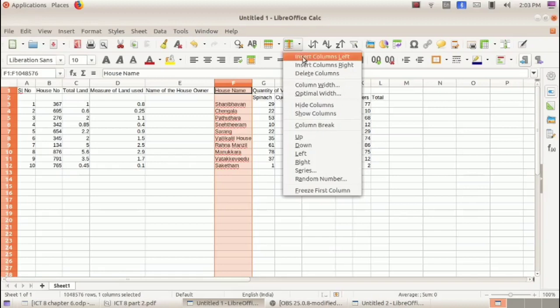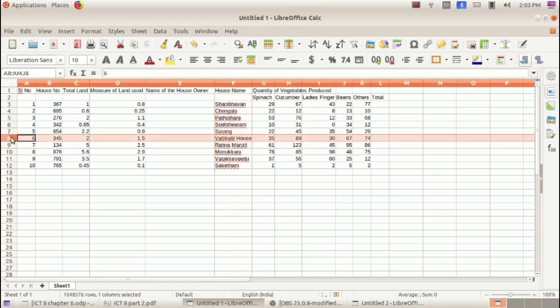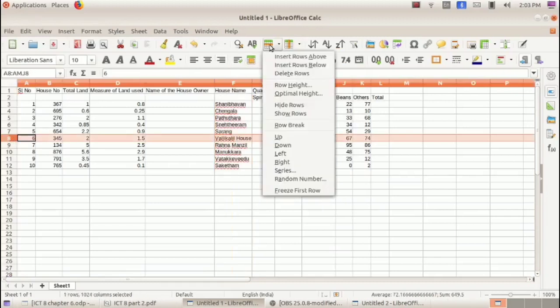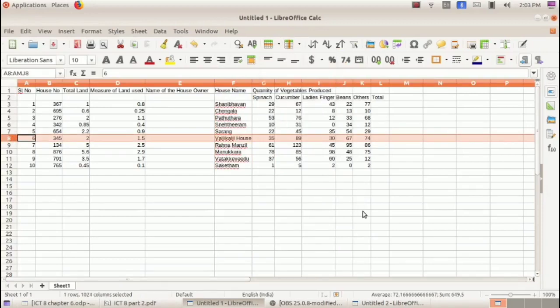Here we can see two options, insert columns to left or right of this selected column. Then for adding a new row, select a row, then click on this row button. Here we can see insert rows above, insert rows below, two options. So these are different methods for adding new rows and columns.